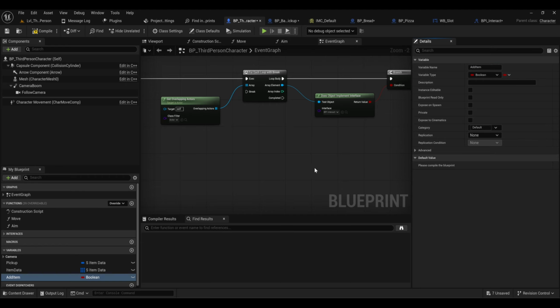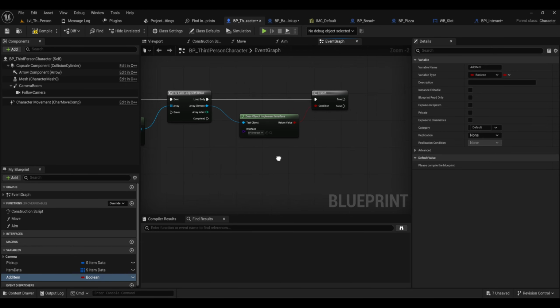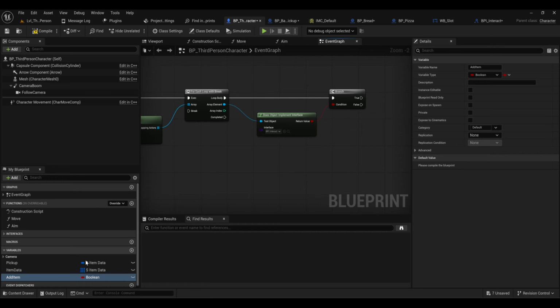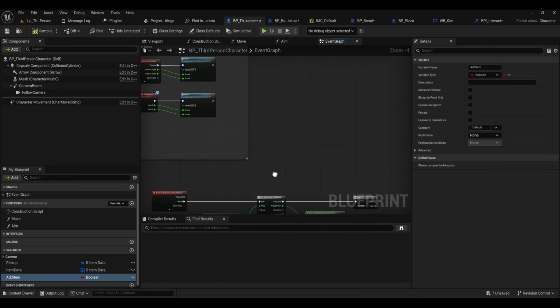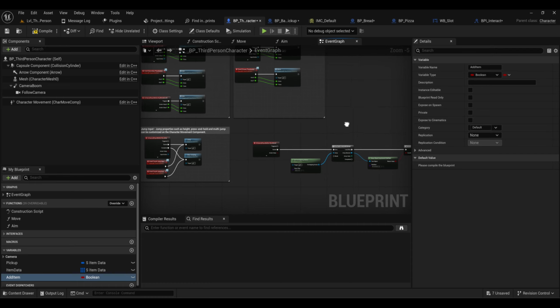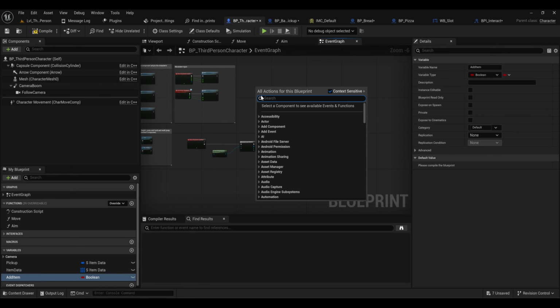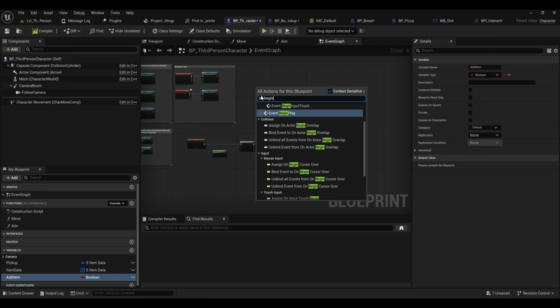Now, why I've done that is that when I put this into the variable, the actual pickup item, I also want to flag it that it should be added, so we can then do a check on it later on to make sure that it's valid. Now, I'm not going to work on this yet. What I want to do is, is there a begin already here? No. I want to right click, search for begin, event begin play,